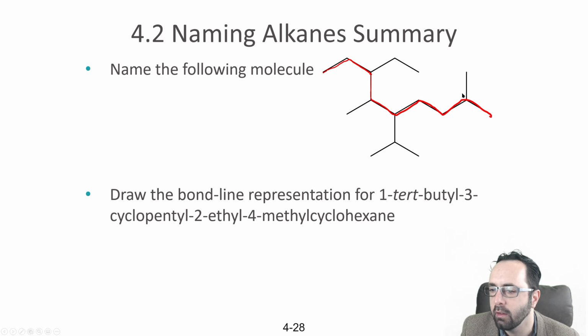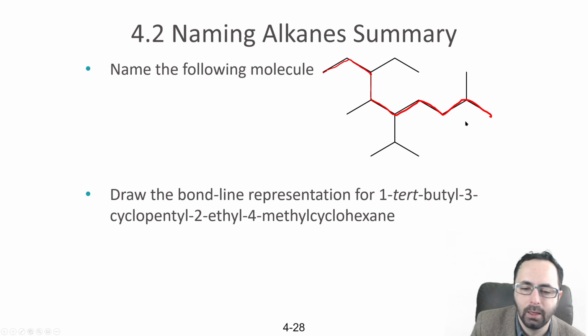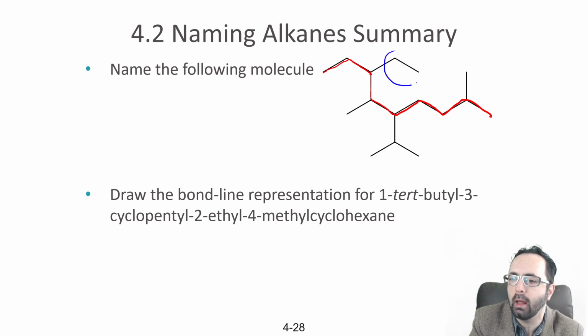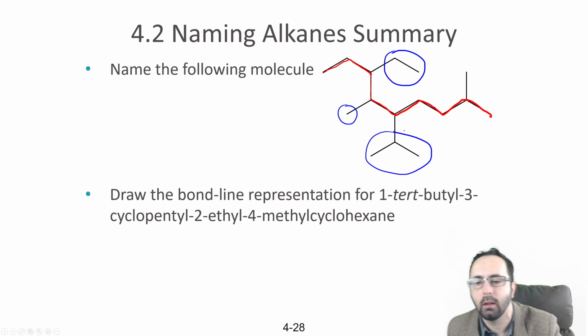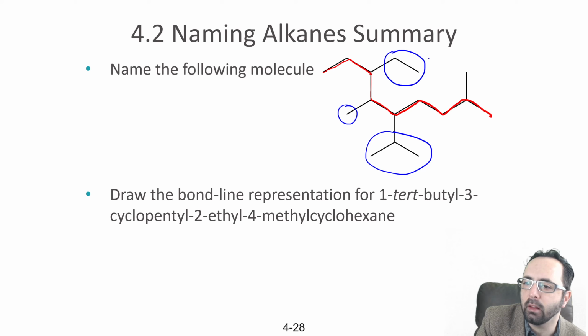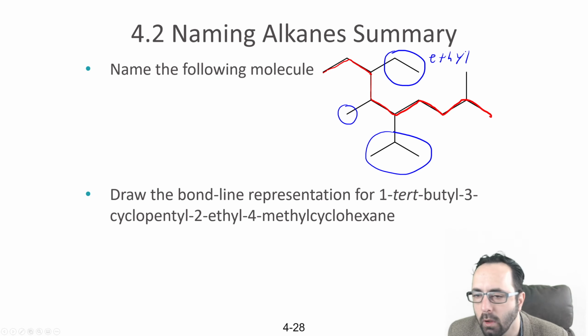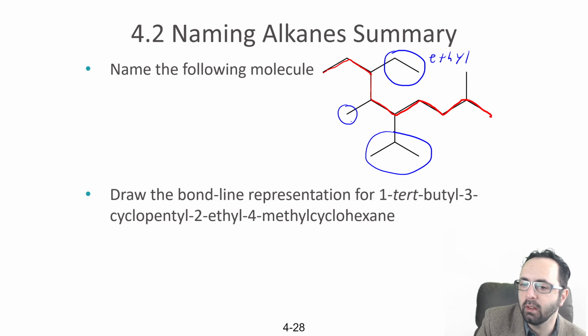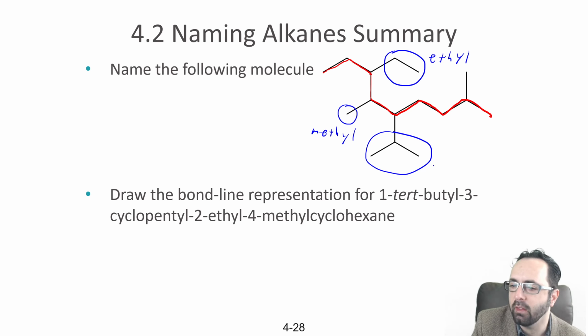Because if we go here, this will be carbon 9. This will be a methyl branch. If we go down here, this is carbon 9. This is a methyl branch. It won't impact the naming. So that is our main chain. And then we're going to have a 2 carbon branch right here, a 2 carbon branch right here, and a 3 carbon branch here. Now this one has 2 carbons in a line, so it's called eth for 2 carbons and yl for a branch. This branch contains 1 carbon, so it's called meth, and then it ends with yl for branch. And this branch has its own special name. It's called isopropyl. You probably heard of isopropyl alcohol before.